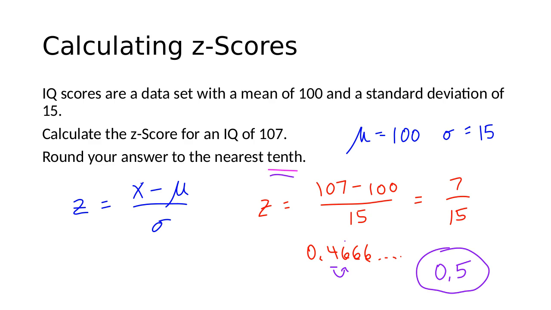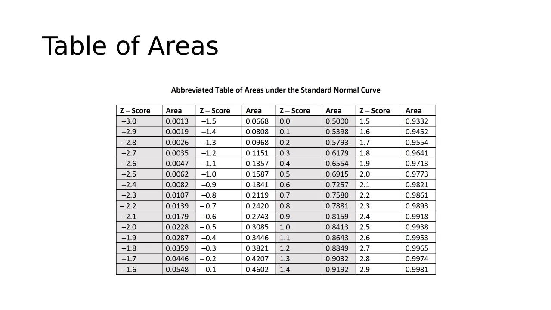It's normal to think, okay, great, I found the z-score. What does that do for us? We'll take a look at that next. This is a table of areas under the normal curve for different z-scores. And what this table does is it gives us the area to the left of a z-score. So in this chart, we can see a whole bunch of z-score columns and areas that go with them. What this means is if I have a normal curve,